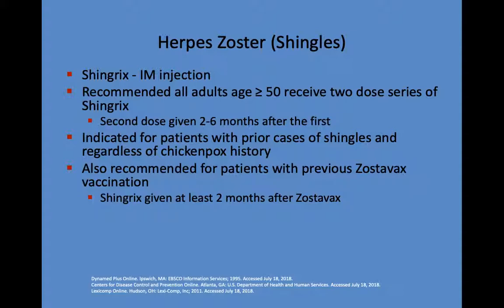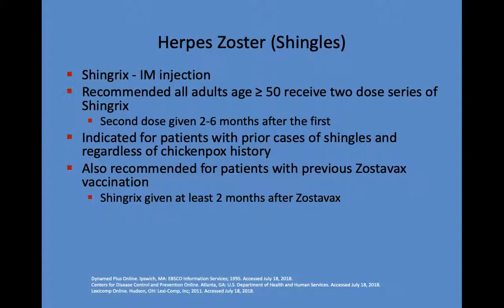Herpes zoster, the only thing I want to say about this one is it's very effective in patients, and patients who get shingles once don't have to be told again to get the vaccine. It hurts like you know what. So Shingrix is the new herpes zoster vaccine on the market. It is so popular right now that pharmacies can't keep it in stock. The drug manufacturer cannot make it fast enough to give it for people to even be able to administer it correctly, because you have to give it two doses between 2 and 6 months in between them, and patients aren't able to get that dose 2 to 6 months later because it's gone so quickly once the pharmacy gets some in. And the reason is because